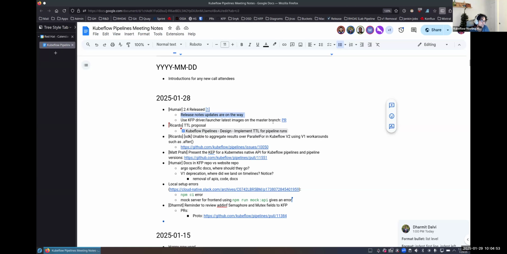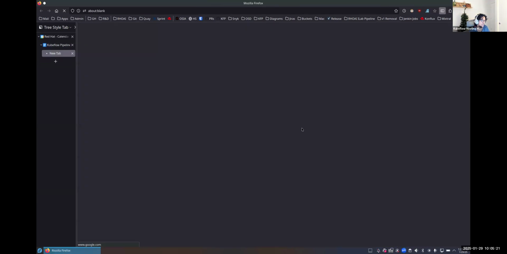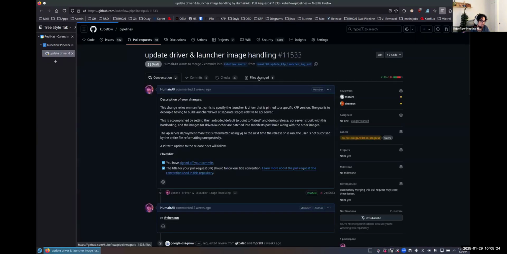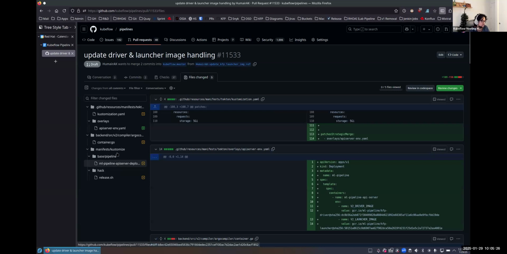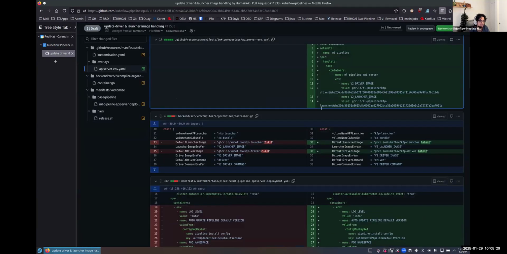There's a PR. It's a work in progress because the Tekton code broke, and I don't know if you want to fix it because we also want to remove Tekton in this upcoming release. But Chen, if you could take a look at this, it's a pretty quick PR. All it's doing is setting the launcher and driver to be latest on the dev branch, but in manifests we also define it as a release target with a tag. So if you check, there'll be an overlay, and we can provide